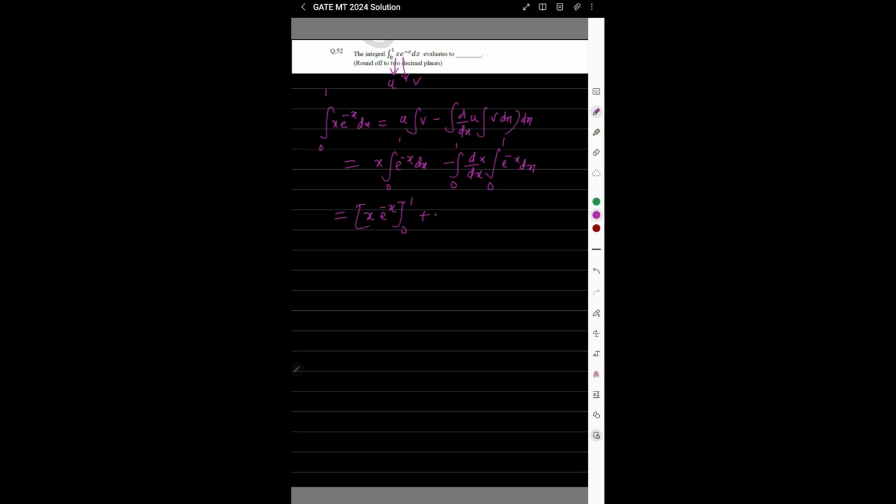plus the integration from 0 to 1 of e to the power minus x dx, equals minus 1 by e plus minus e to the power minus x from 0 to 1. Now solving, we get minus 1 by e minus 1 by e minus 1. So we get minus 2 by e plus 1, it's